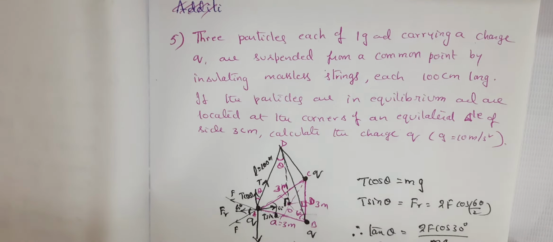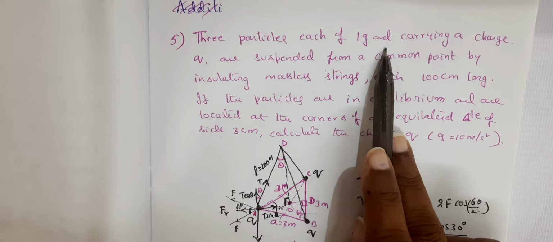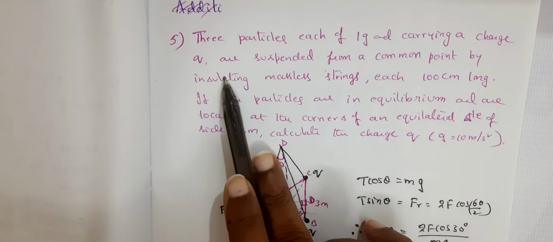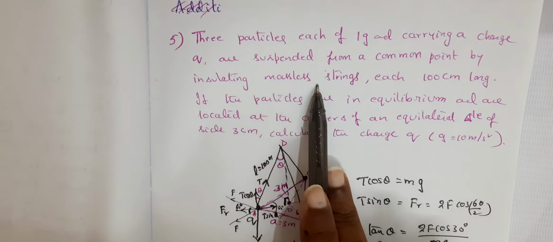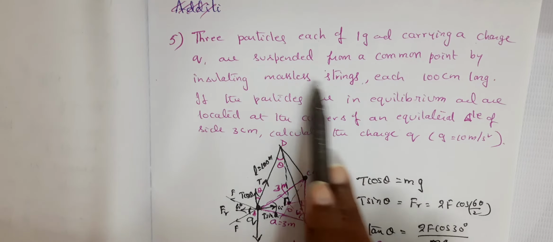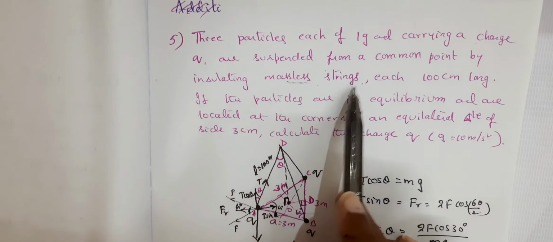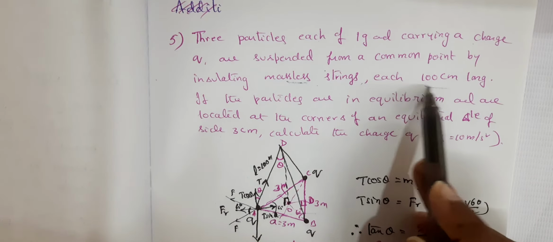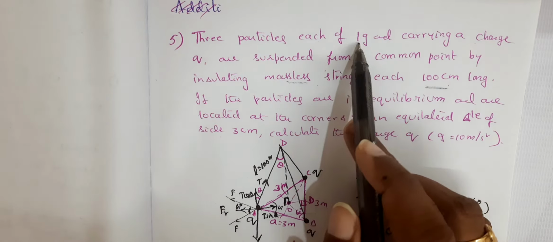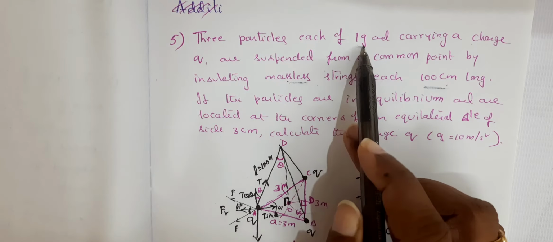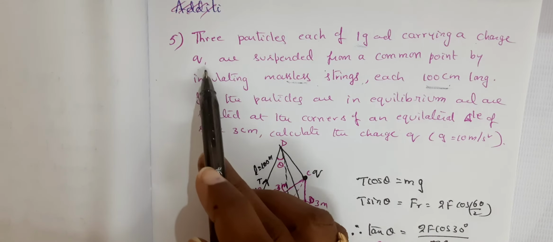Now, three particles each of 1 gram and carrying a charge q are suspended from a common point by insulating massless strings, each 100 centimeter long. So we have three strings, each one of 100 centimeter long. We have three masses of each 1 gram, and they carry a charge of q, and they are suspended